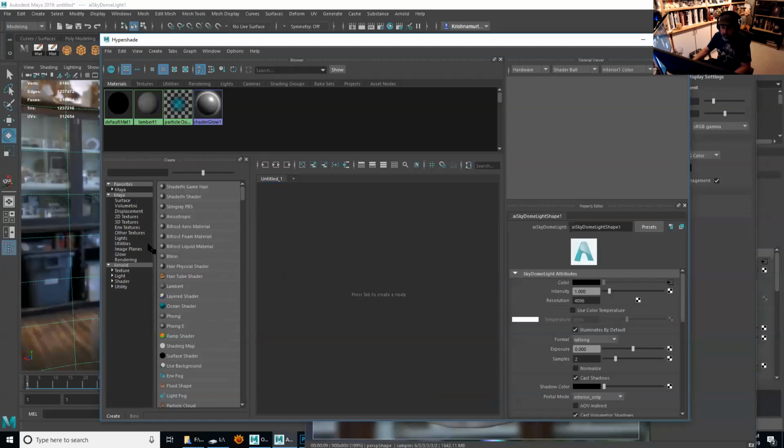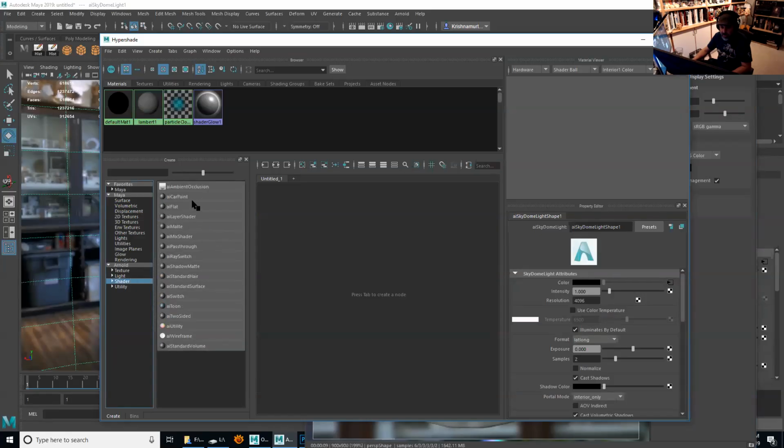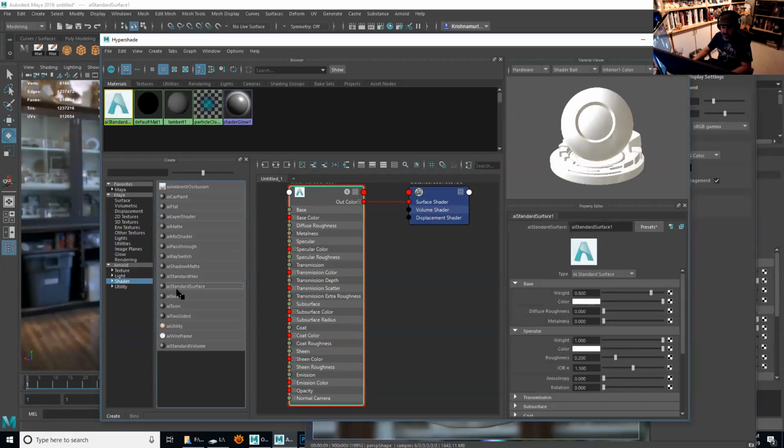The way that Arnold works, it basically works with the Uber shader, right? Everything is inside of the same shader, basically. Not the same, because we have other specific ones, like some ambient occlusion shaders and things like that, stuff for hair. But what I'm saying is the physically accurate general shader is called the AI standard surface. And this one has all the parameters to create all kinds of materials, from metal all the way to skin. It's all the same material.